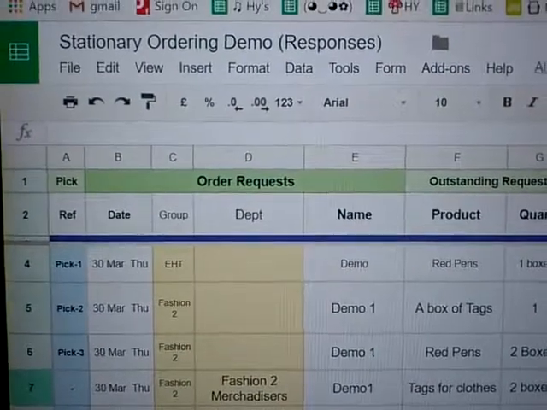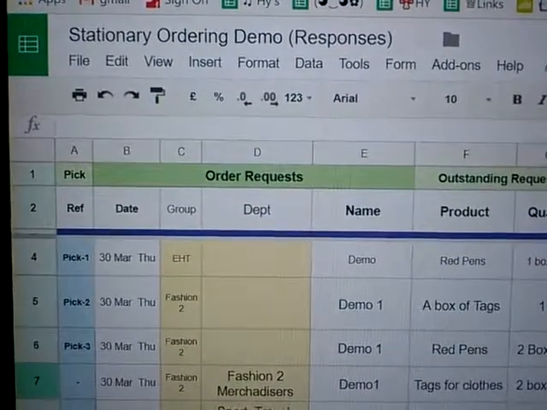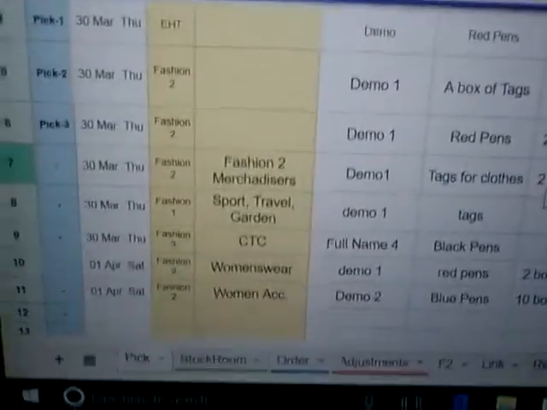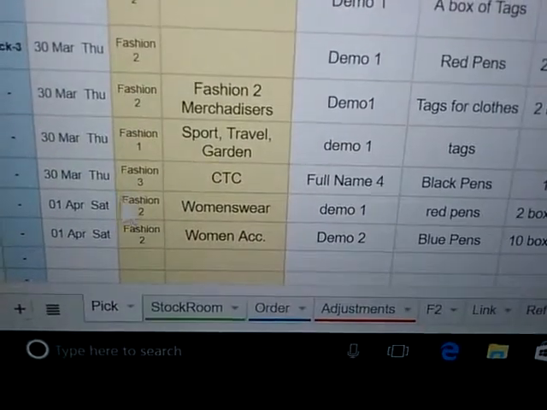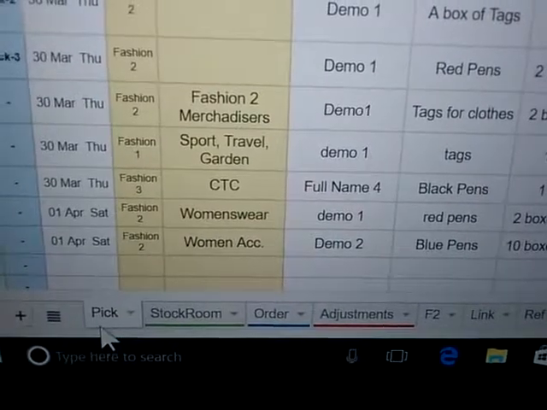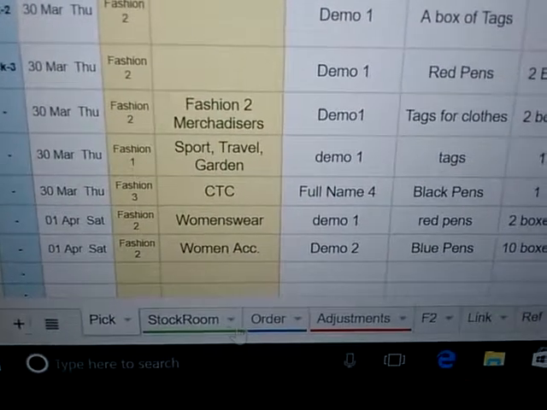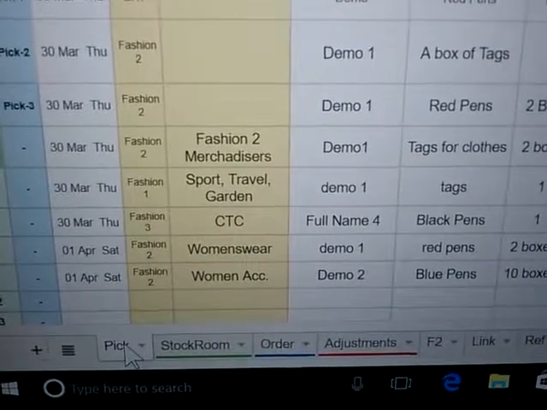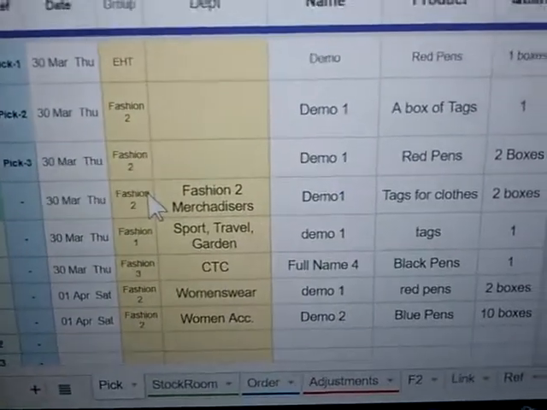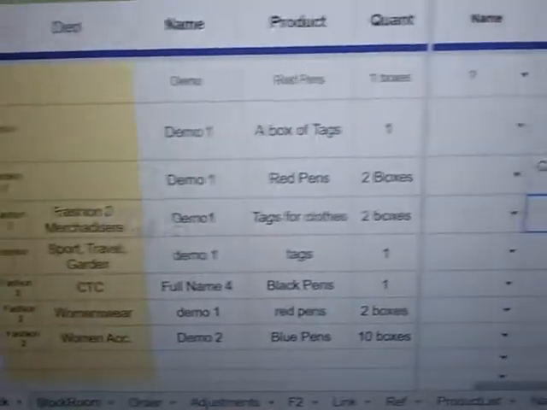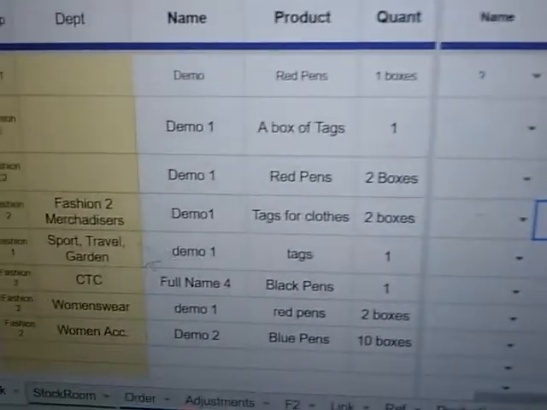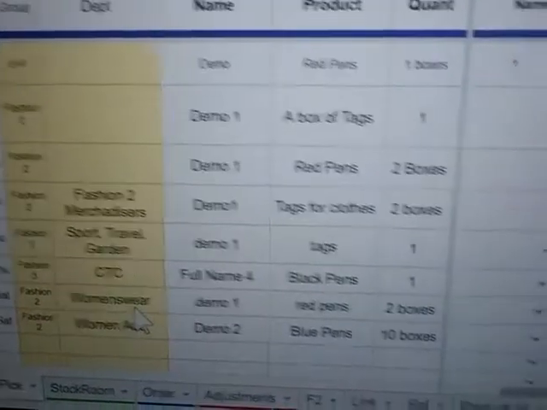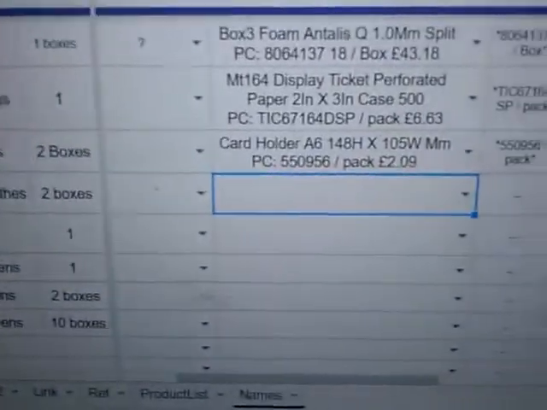Hi, so this is the second version of the stationery ordering demo, and in this version I've added some new tabs. There is a pick tab, stockroom tab, order tab, and adjustment tab. The pick tab is where all the orders that come through from the form will be listed. So you have the different directorate as well as the department shown here, and this is where you can